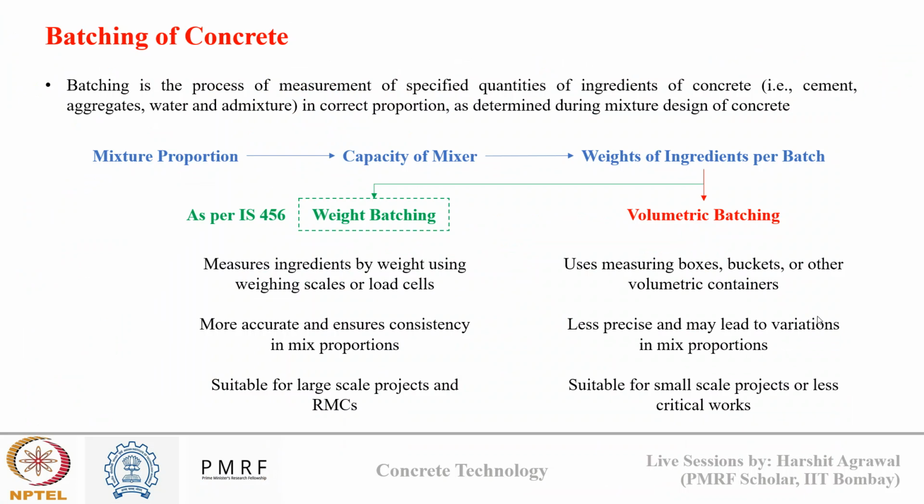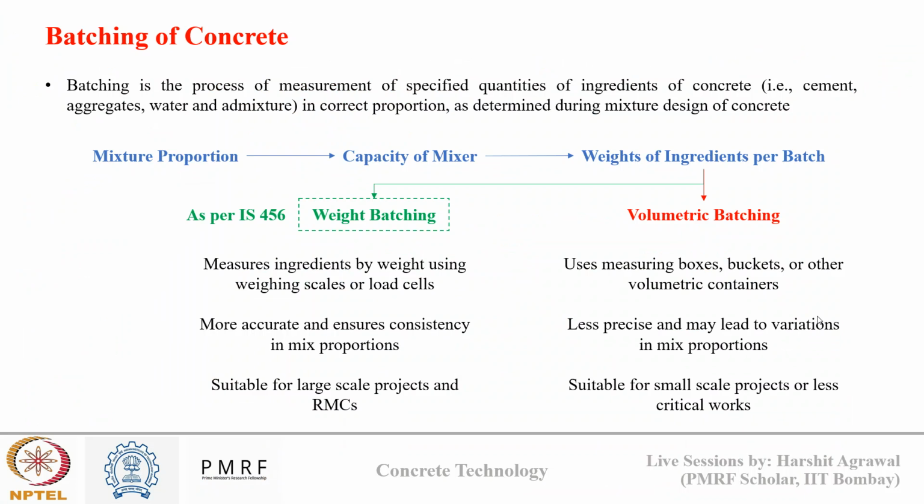Now let's cover the remaining part from the last session that was left. Till date we have talked about individual materials, their properties, and how raw materials can be engineered in a specific proportion to form a concrete of a specific performance requirement. From design standards we estimate the proportions of different raw materials. But once designing is done and trials are conducted to validate the design, the next step is to actually cast the concrete on field. And for this, the first step is batching of raw materials.